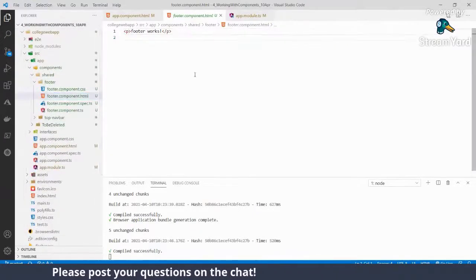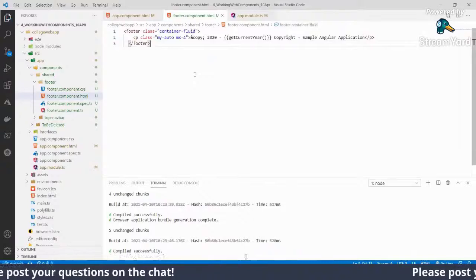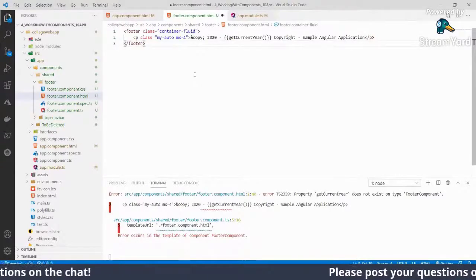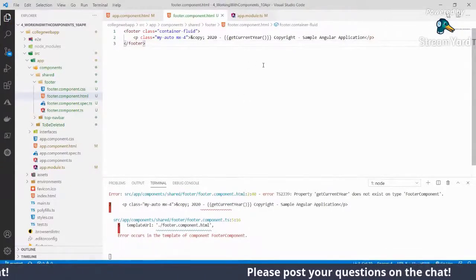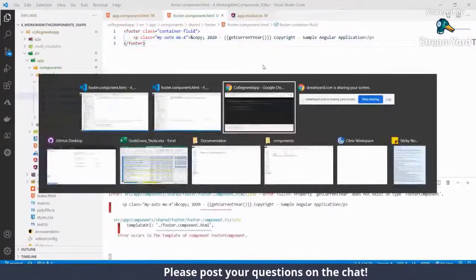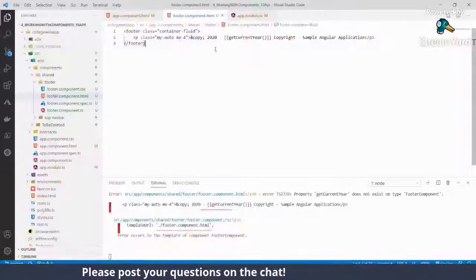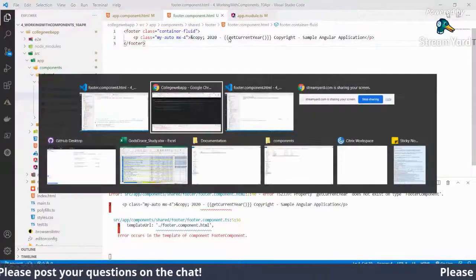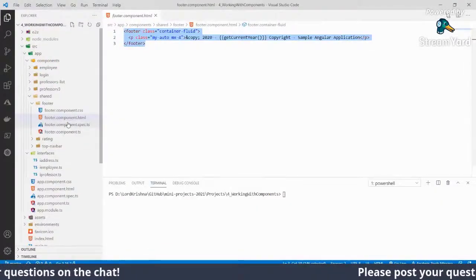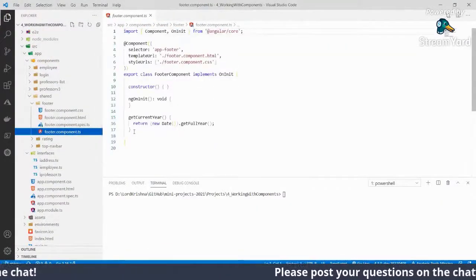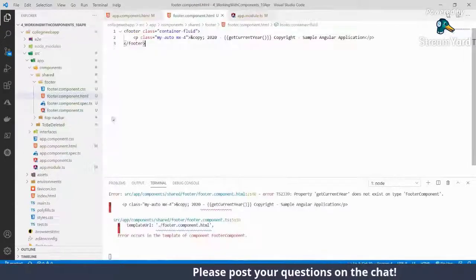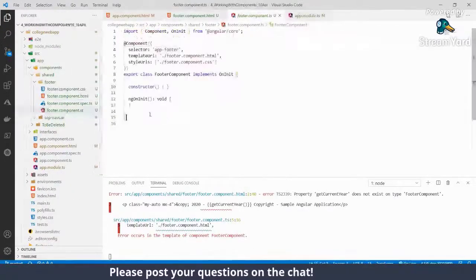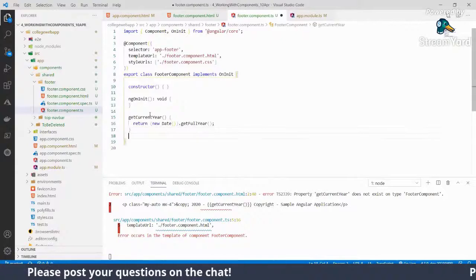At this point of time, it has got a paragraph tag. Now I'm using this HTML tag, and it's not able to find it. So let's go and copy the method in the TypeScript of this footer. Let me come back to this footer and I'll add this one.